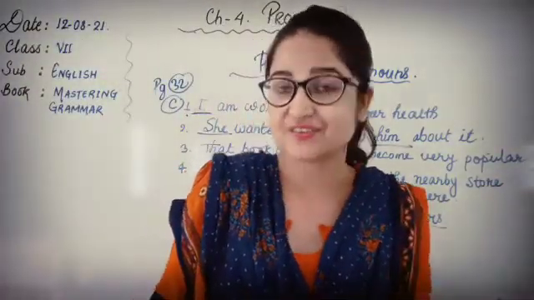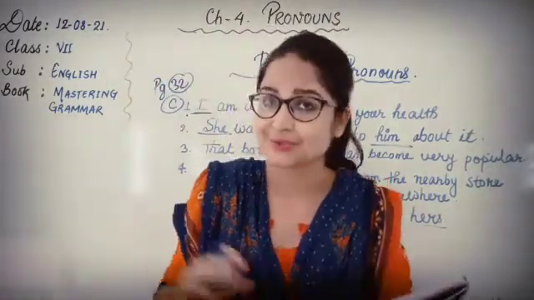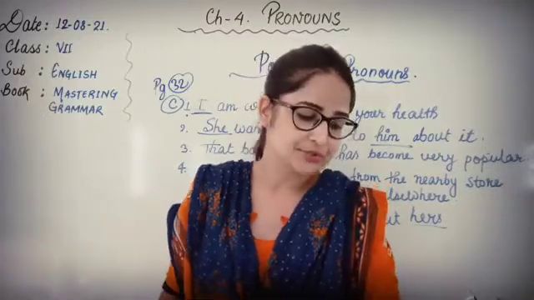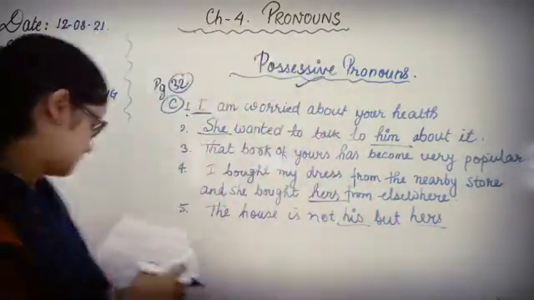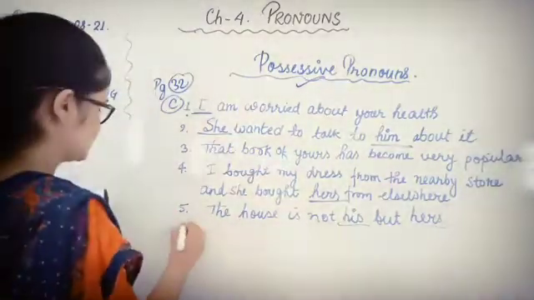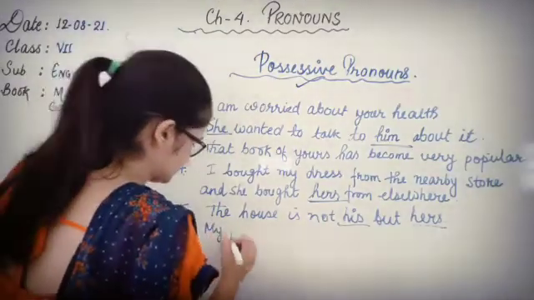Now we have 6, 7 and 8. My pet dog is very active. For this, neuter gender, dogs, animals are usually taken as neuter gender. So dash can run around for hours. Now number 6. My pet dog is very active.